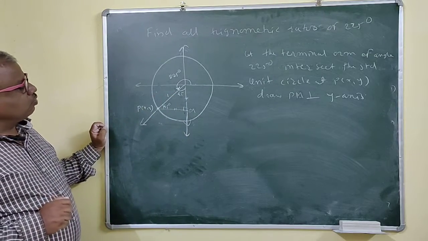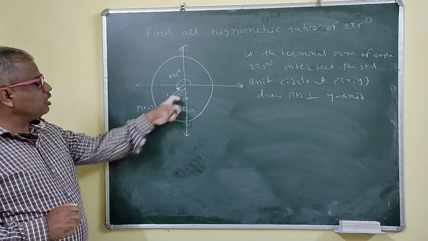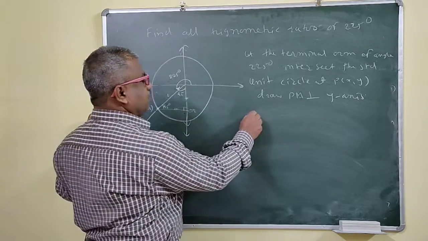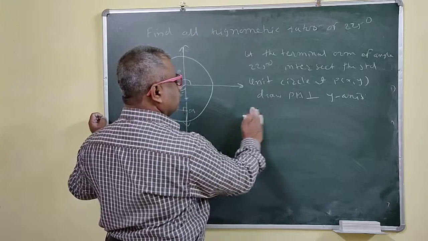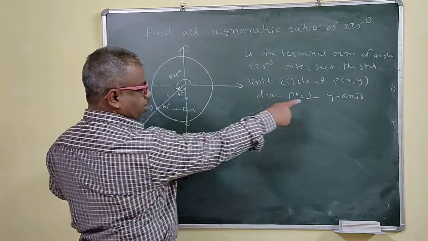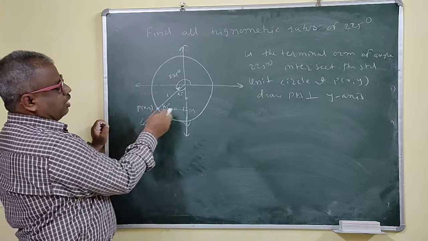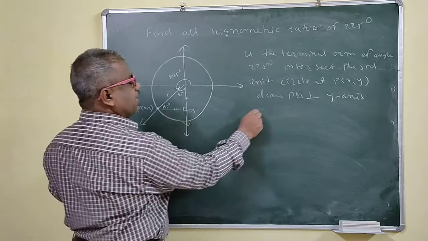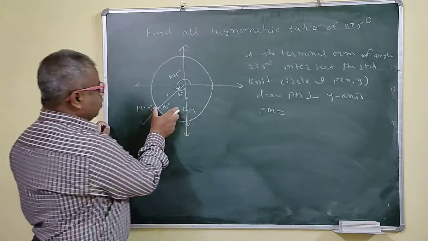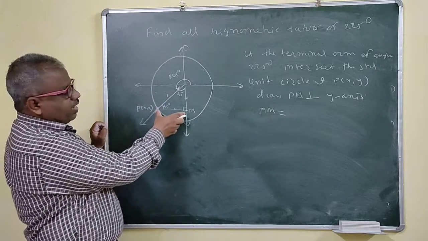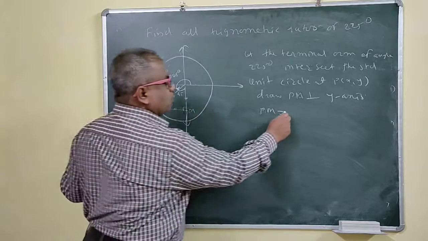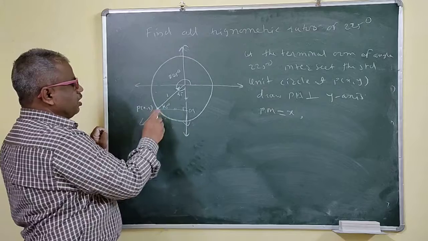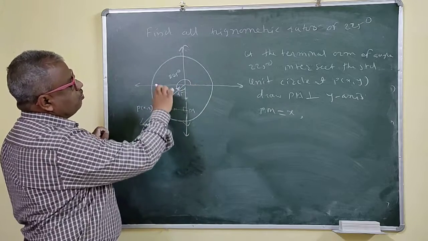Now this is Pythagoras theorem. You can apply the Pythagoras theorem. PM square is what then? So first we will write this value. Now this is your P(x, y), right? This distance will be what? Distance from y-axis. Your distance from y-axis is nothing but the x coordinate. So your PM is x. Right? Now distance from this will be what here? This is distance from x-axis.